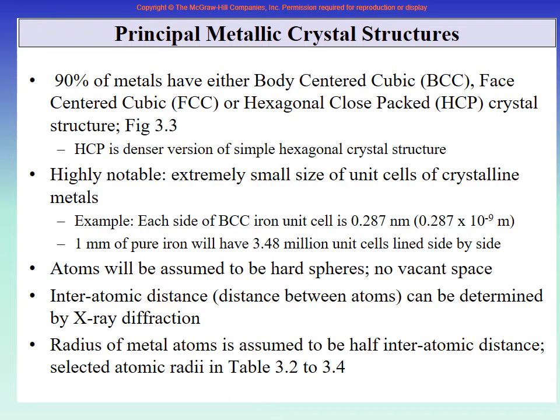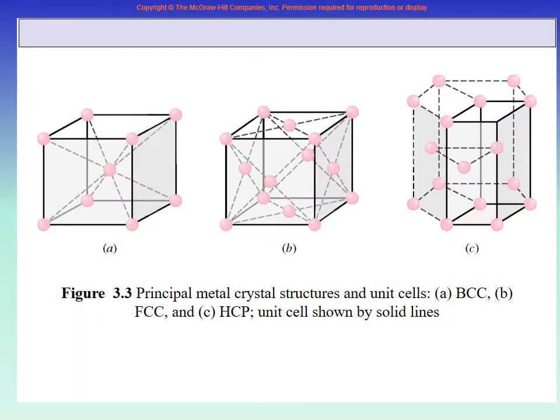Then we told you a very good news that more than 90% of the metals in the world, which is a huge amount of engineering, are only FCC, BCC and HCP: body centered cubic, face centered cubic, and hexagonal close packed. So these are the 3. On the extreme left is body centered cubic, then face centered cubic, then hexagonal close packed. So basically these are the only 3 that you need to study most of the metals in the world, and therefore almost all the metallic materials and alloys that are used in engineering.